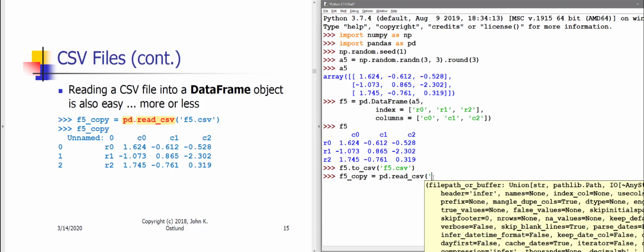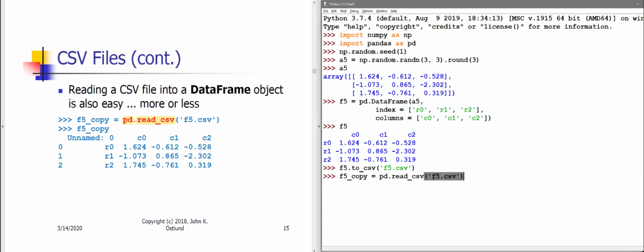All right, let's just give the input file and see what we get by default here. So f5.csv is our input file, and f5copy, well, we're going to hope that it looks the same as f5, but